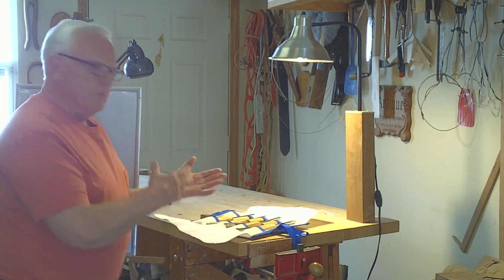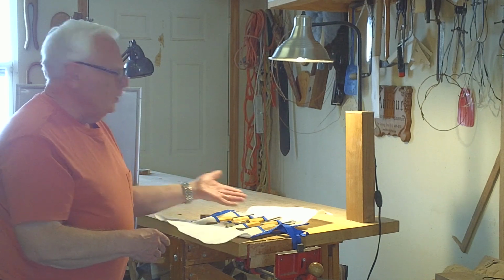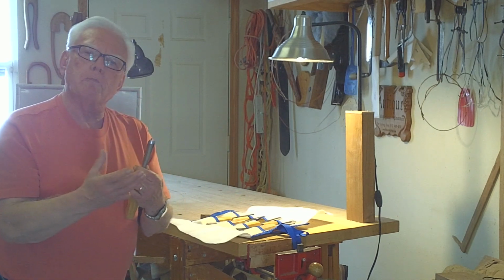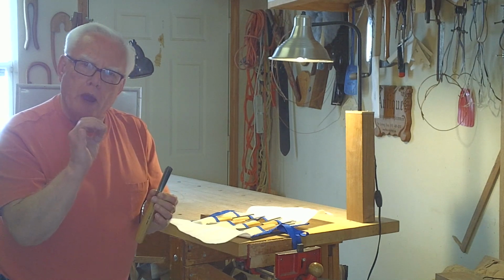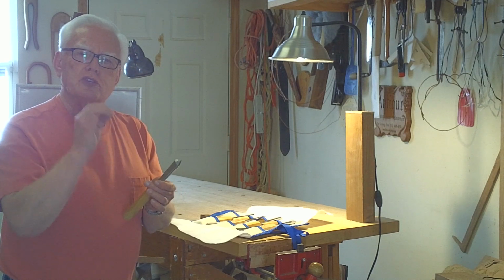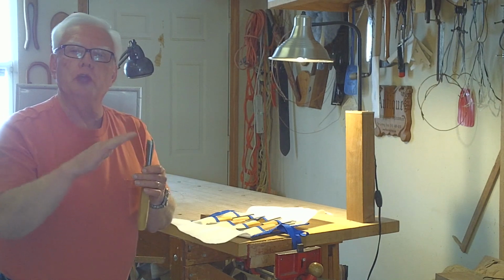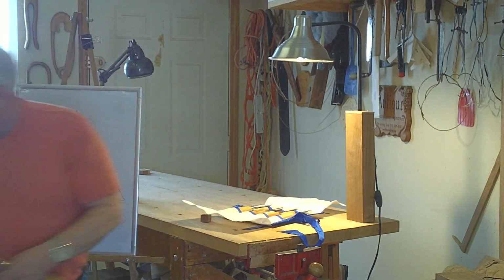So I am going to be doing projects using just these tools. There's almost no limitation on what you can do. They're very high quality, and you have to keep them sharp. When they come, they aren't quite up to par as far as being sharp. Very few carving tools come ready to use, because carvers always have their own unique little angle in that. So what you need to sharpen